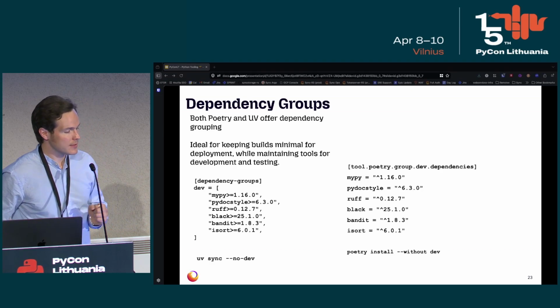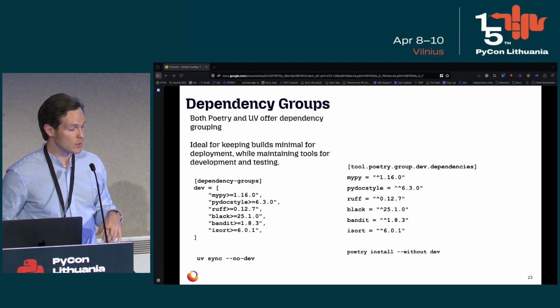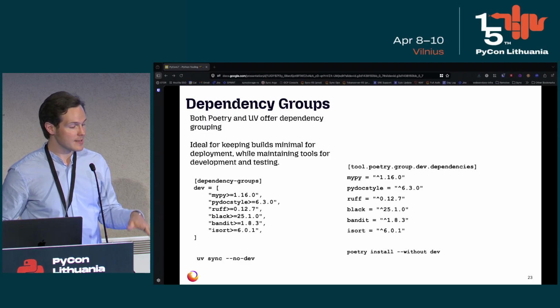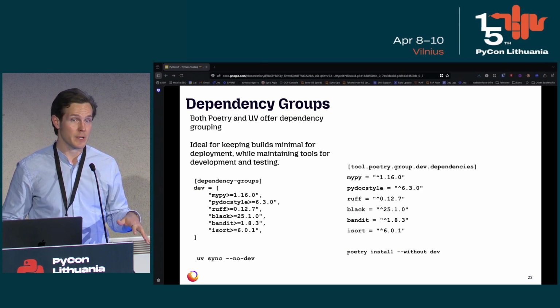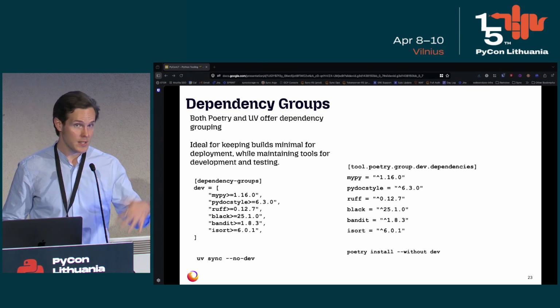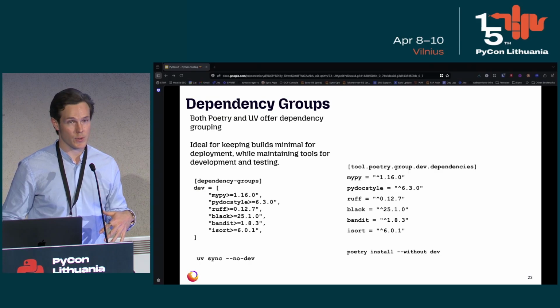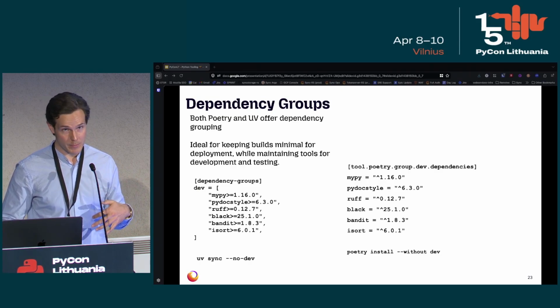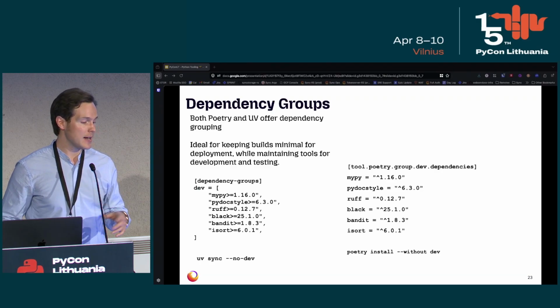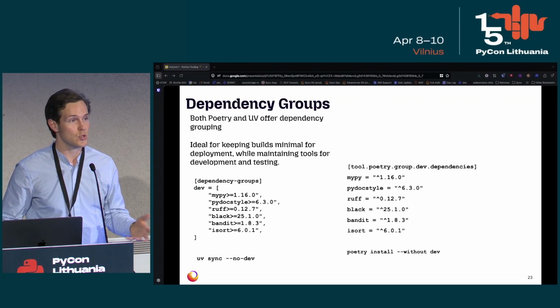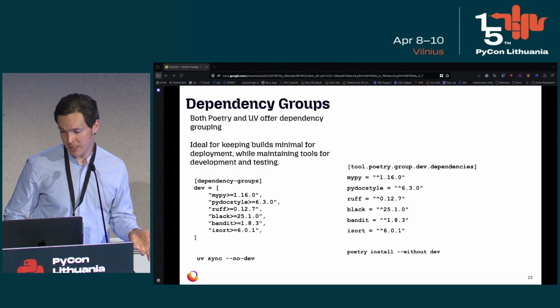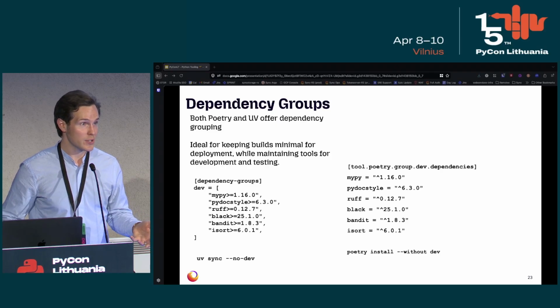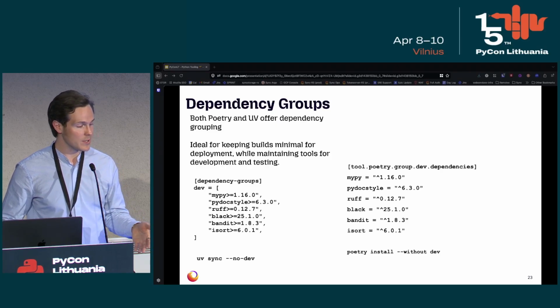Additionally, here we've got dependency groups, which are essentially the root and core of why Poetry and UV can be exceptionally beneficial in that you can separate your dependency groups based on their purpose. So there can be different parts of your module or repository that need different dependencies. Say you have a monorepo and you have a number of scripts that run and operate. And additionally, if you have development dependencies, there's no reason that you need to be pushing these development dependencies up into your production environment or building. So this way you can segment the two.